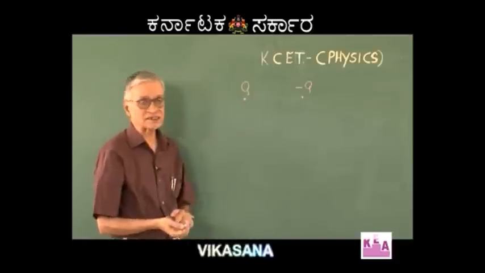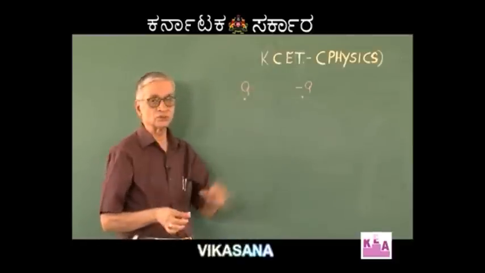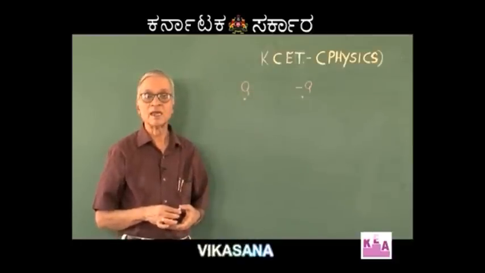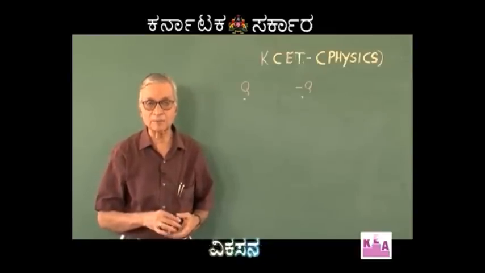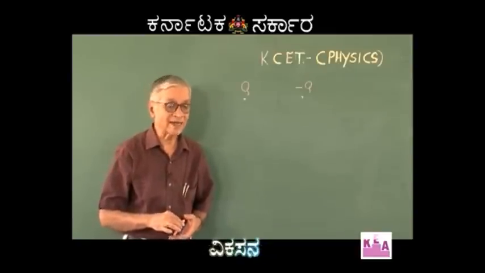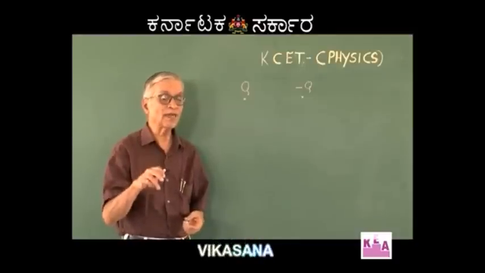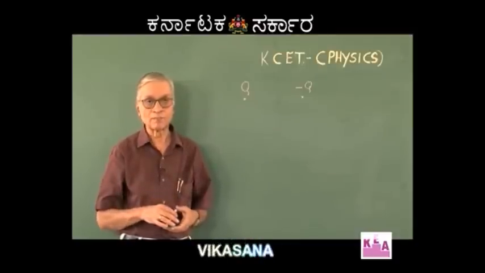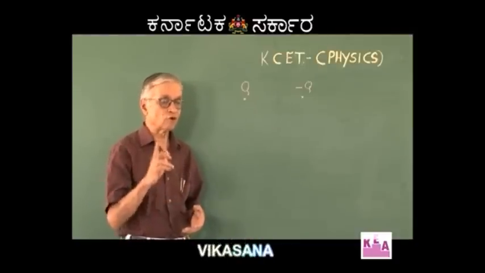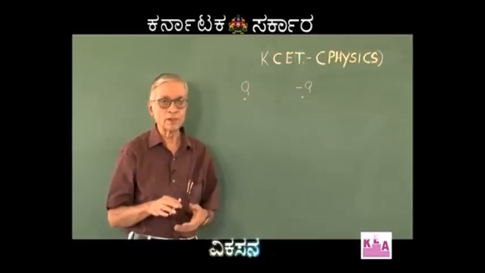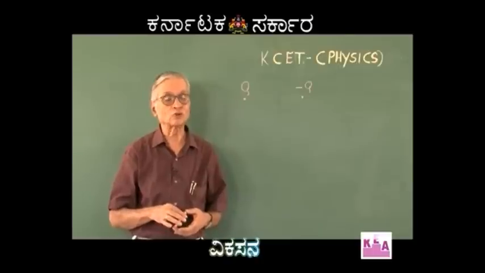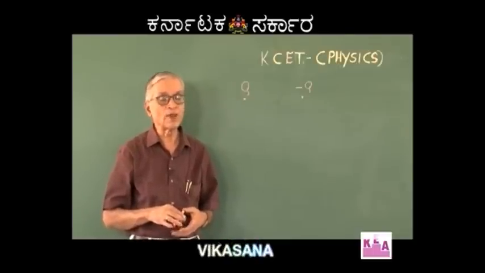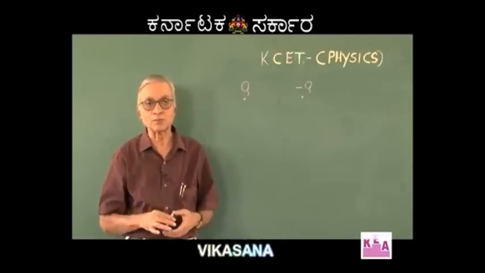The two charges are q and minus q. Question is, a certain third charge is placed at different positions. We have to identify the point where the force is 0. Please note that force on the charge is 0 when the intensity is 0. Hence, we have to identify the point where the electric intensity is 0.